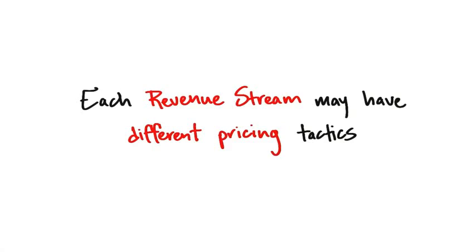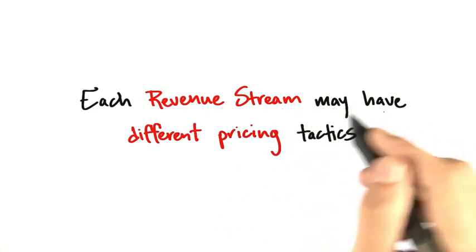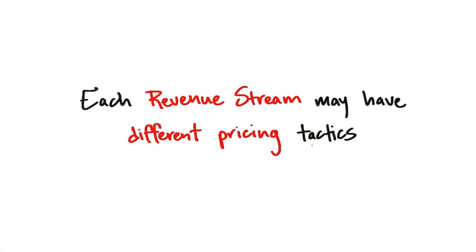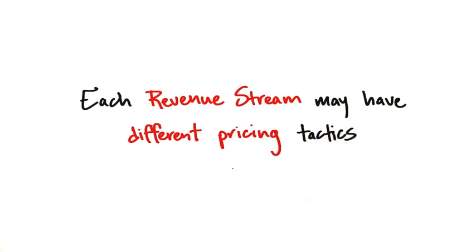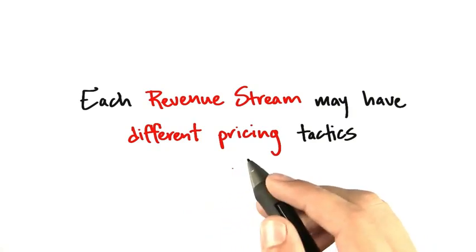Now, in summary, revenue streams might take the form of a whole series of potential strategies. But what's interesting is inside of each revenue stream, you may have different pricing tactics. Let me say that again. We just talked about revenue streams. If you think about it, we didn't talk about how much to charge. We talked about the potential ways to charge: licensing and intermediation and direct sales, etc.